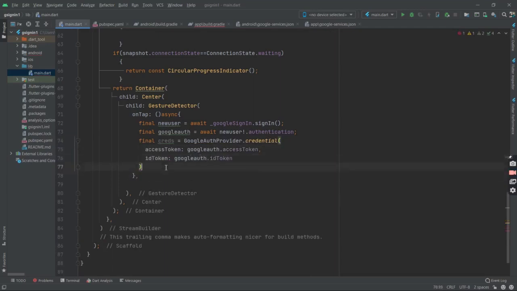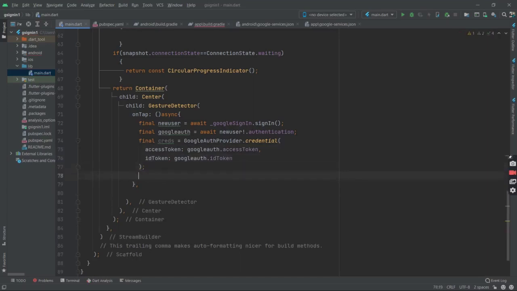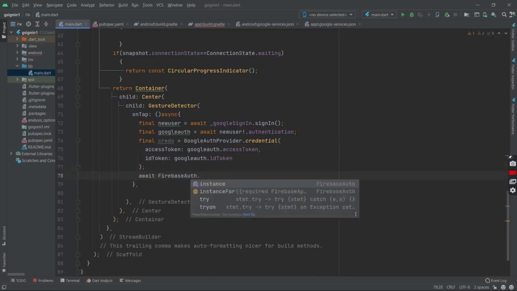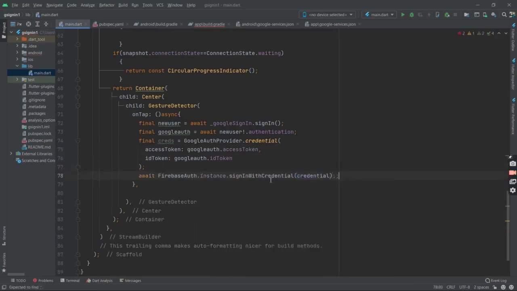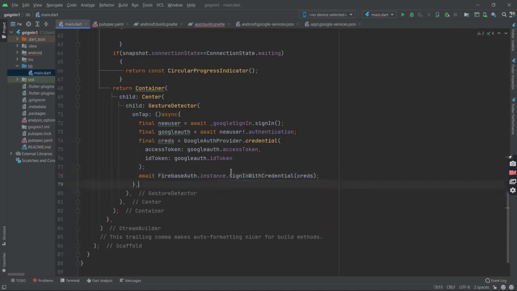Now once we are done with all this, only one step remains. We will await on Firebase auth dot instance dot sign in with credential, and this credential would be our creds. So this is the whole logic of signing in the user with his or her Google credentials, right?